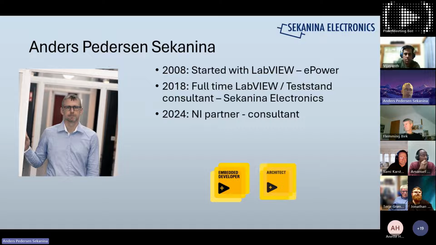You have different small to medium size companies, I would say, but it can also be bigger companies who have a smaller part in Denmark who don't have a large LabVIEW team. It's more if they have some smaller task in LabVIEW or TestStand. Both production test, hardware-in-the-loop test systems, FPGA, single board RIO and stuff like that. I'm an embedded developer from NI, and I'm a LabVIEW architect, using, of course, also these to keep them updated.